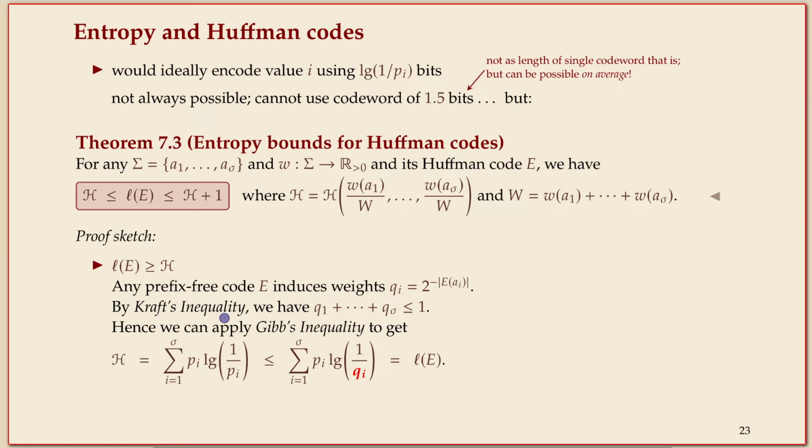And the key for that is to use Kraft's inequality, which means whenever you have a code trie, if you sum up these numbers, the length of the code word as a negative exponent of 2, which is the depth in the tree, if you want. That's the length of the code word. Then that sum is equal to 1 in a proper code trie. So for example, in this one,